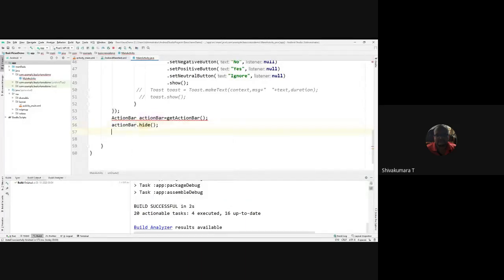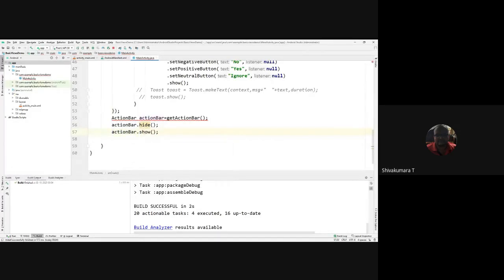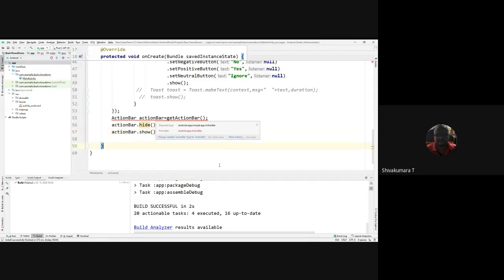You can define action bar dot show. In the beginning it will be hidden. Now it is going to show. So why is there an error? You need to import the corresponding package.